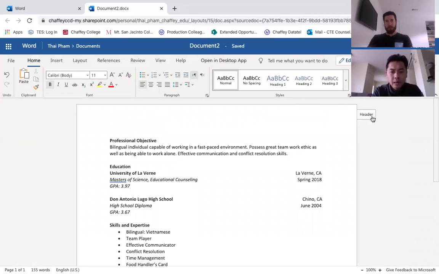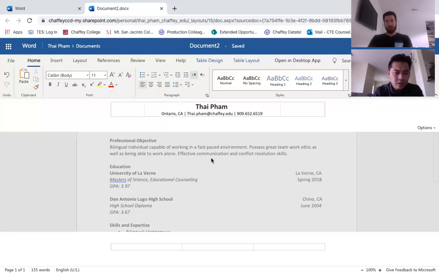Okay. So again, I just put my header a little bit tighter up there so it looks a little bit more organized, but if you want it on separate lines, you can do that to utilize some of that space for yourself. And then I made this font with my city where I'm from, along with my contact information.